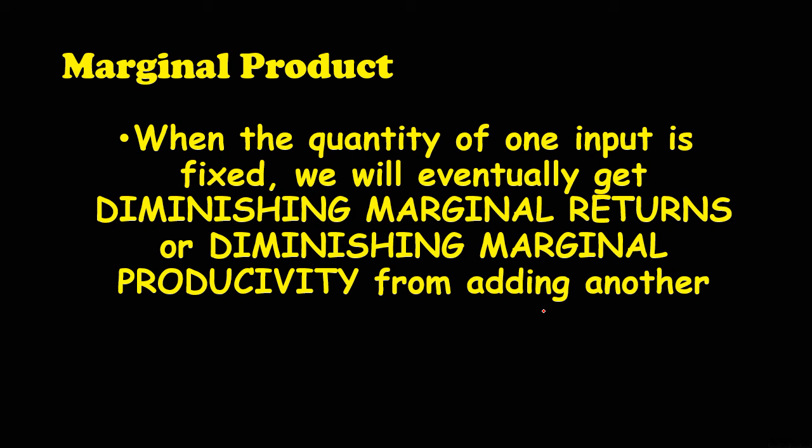Okay? When the building size is fixed, there's no value at some point in adding more workers. We add the right number of workers for the size of the building we got and the space we've got, and it doesn't help us to add more workers after a point. So we get what's called diminishing marginal returns or diminishing marginal productivity. At some point, we keep adding more workers, and the additional value of adding those workers starts to go down. This happens when some of the inputs are fixed and some of the inputs are variable.